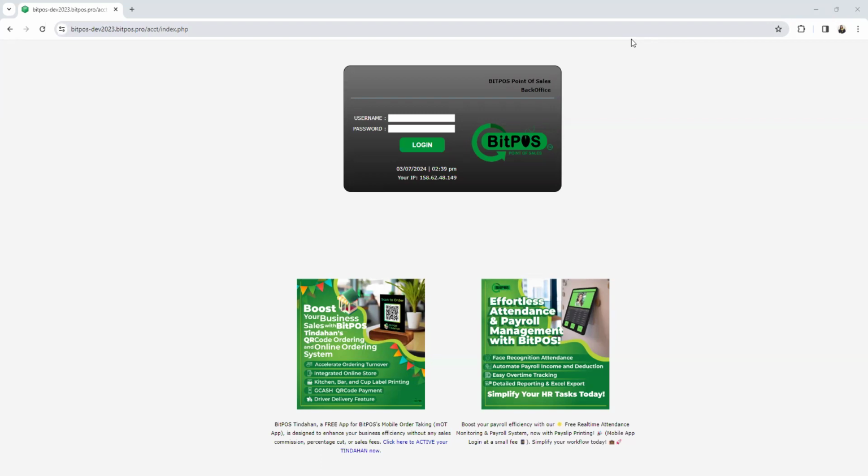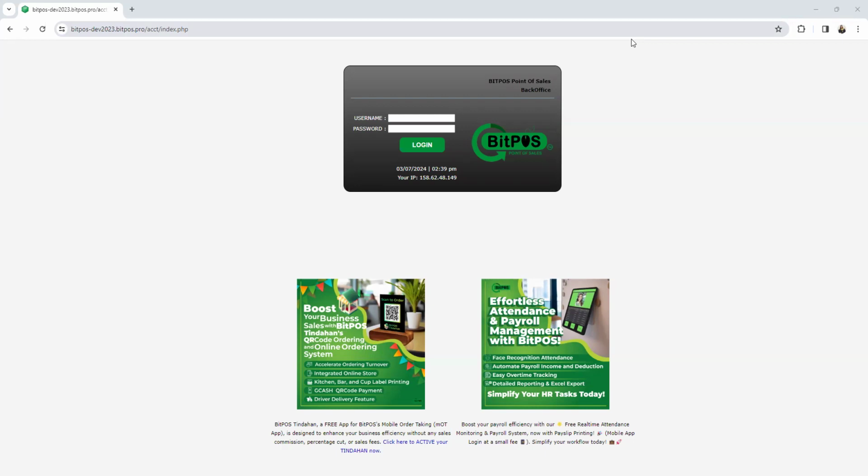Before we begin discussing how to create a shipping company, let's talk about the purpose of this. So the purpose of this is to transport goods from one place to another efficiently and safely, whether it's delivering products from manufacturers to retailers or transporting goods internationally. The company's primary goal is to ensure timely and secure delivery.